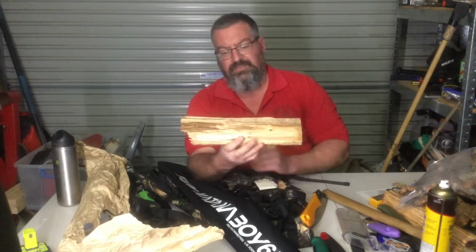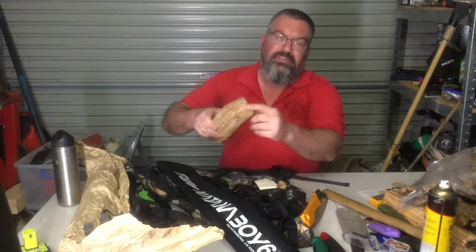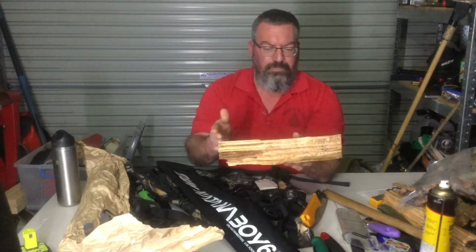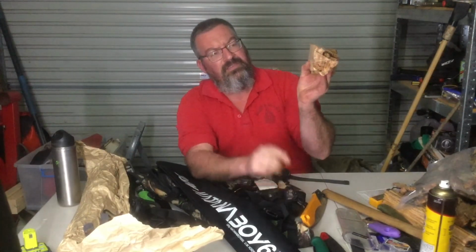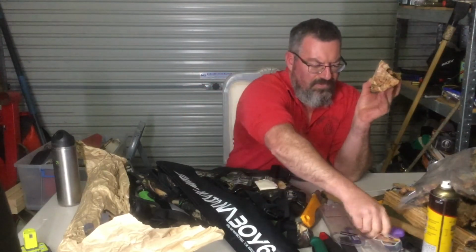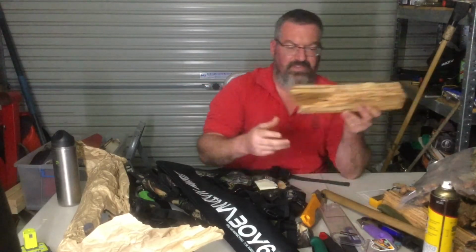So I cut here, yep, that's where we cut the tree, and then I'll put in a cut roughly just over a foot long, or roughly a foot, and I'll come down about that thick, about that depth there, roughly 3 to 4 inches, nearly the size of a lighter, and then